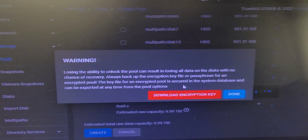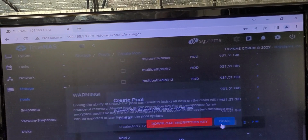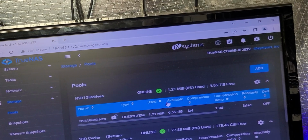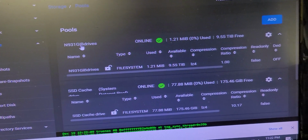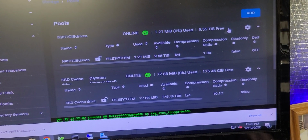Because I've encrypted this, I will be required to download the encryption key, and then it will be done. Now, we have set up here a new set of disks. I have got 9.55 terabytes of capacity right there, and it's operational. Now I can go back in again, add another pool,